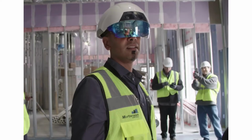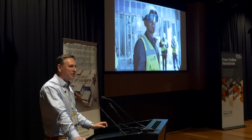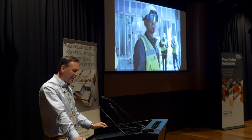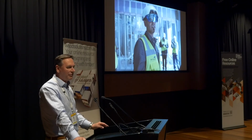And the future holds something like this. Looks more like a cycling helmet that you get in the Tour de France when they're doing the speed time trials, but yeah, hopefully one day it'll actually get to a point where this is actually a hollow helmet type scenario. They're looking at a combination for construction purposes that has safety embedded in it, but you also have augmented